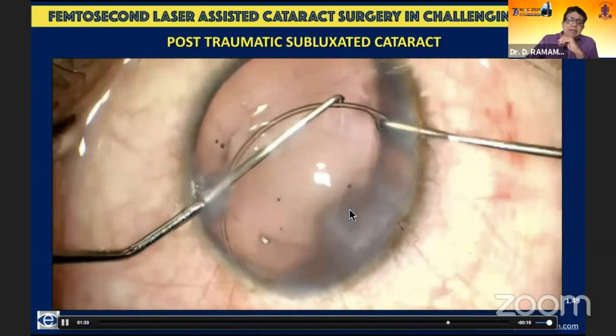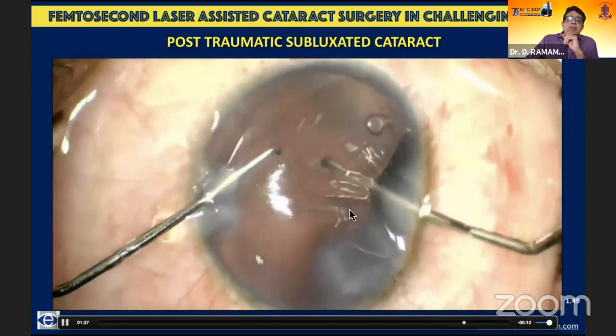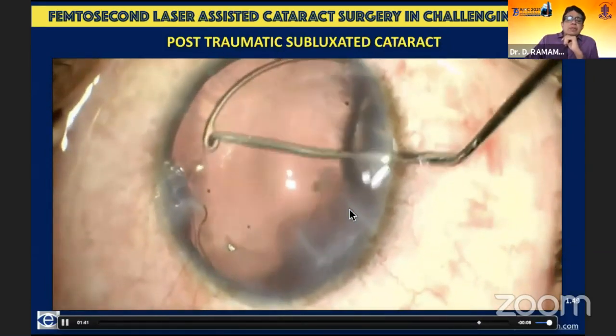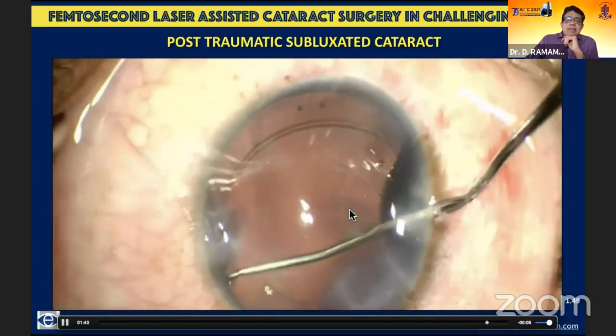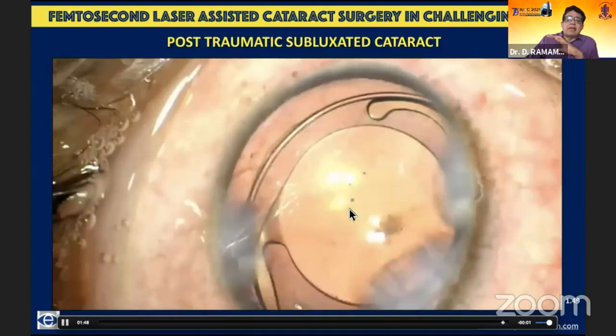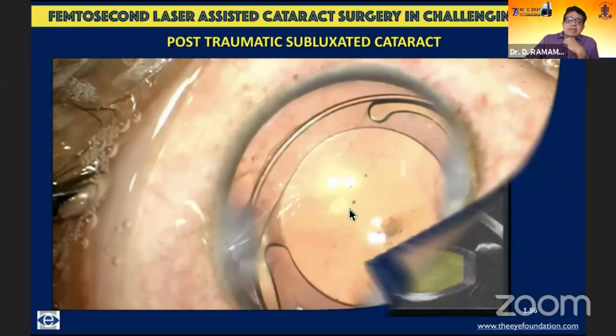IMAX segments, etc. But as soon as I slipped in the endocapsular ring, the entire capsule seemed to settle down quite well. All I had to do was rotate the endocapsular ring in such a way that the area of the subluxation was adequately supported by the plastic of the endocapsular ring. Then I could slip in a single piece intraocular lens into the bag, and this was the end of surgery.